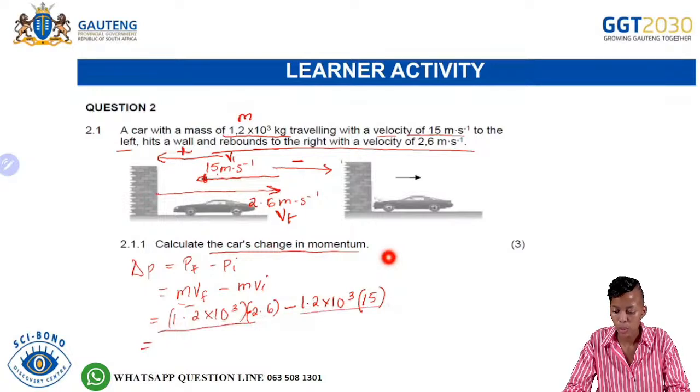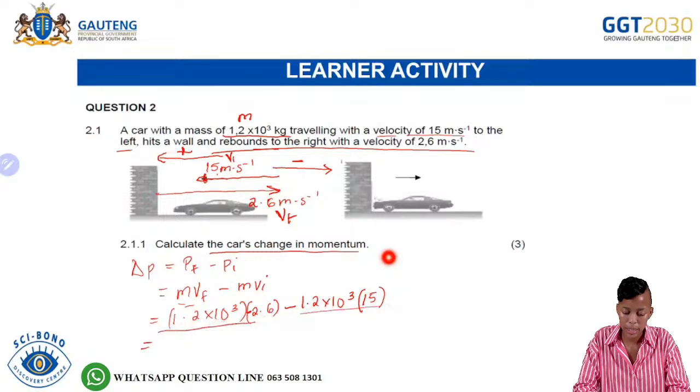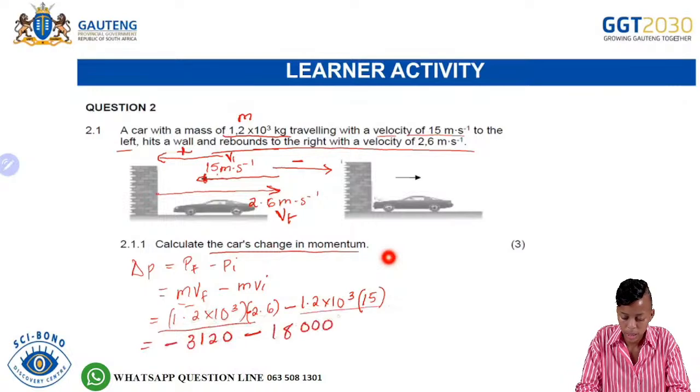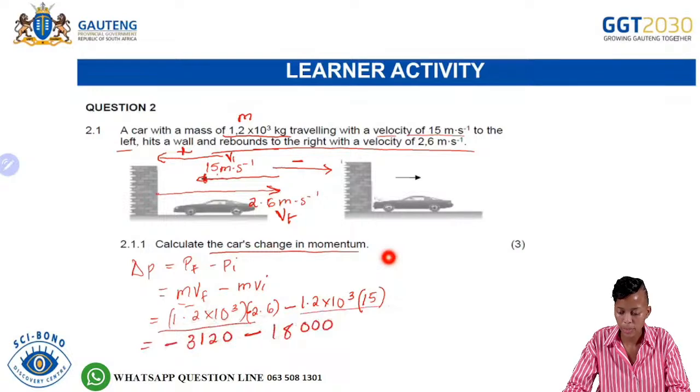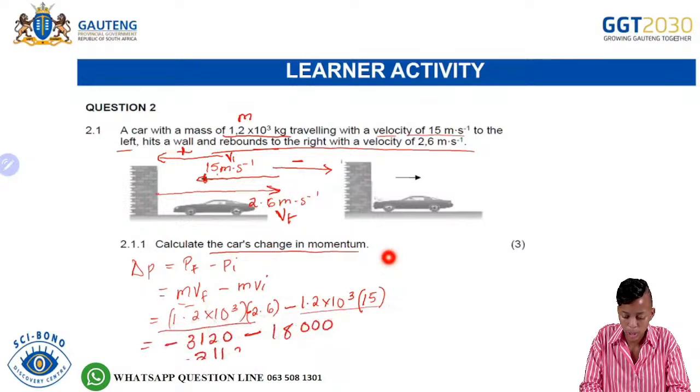So we have 1,2 times 10 to the power of 3 multiplied by negative 2,6, which gives me 3,120, minus 1,2 times 10 to the power of 3 multiplied by 15, which gives me 1800 there. So from there, you will then take your 3,120 minus the 1800, and it gives me 21120 kilograms meters per